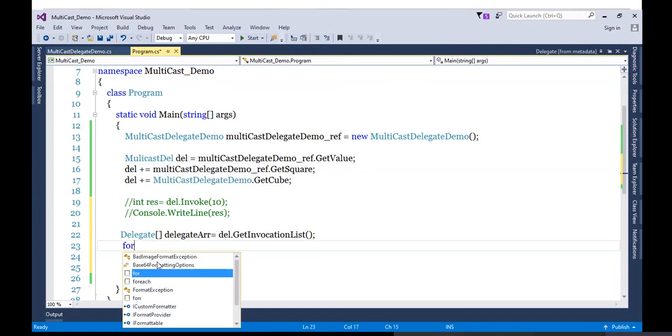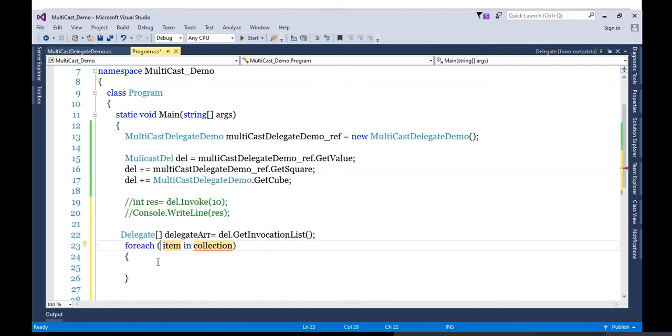So if I want to access a method, how will the foreach be? The type is MulticastDelegate. Spelling mistake, so copy paste it. So this will be the type for each method. And what is the collection right now? delegateARR.